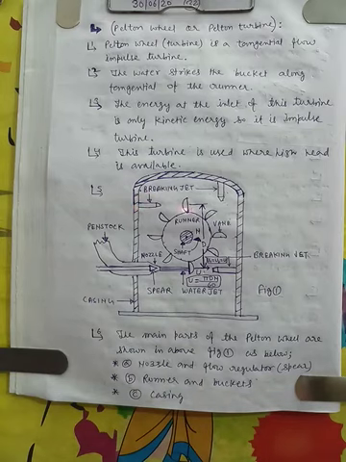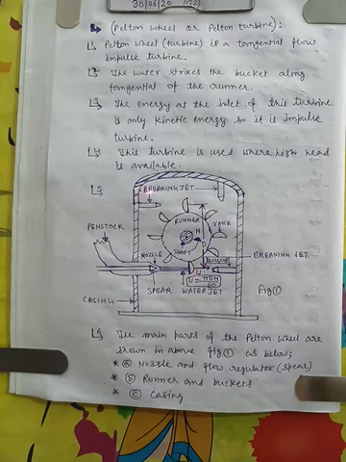From the opposite side of this bucket, we strike the jets. 3-4 jets are used for braking the motion of this runner. So when this is rotating in this direction and this is the opposite direction, this jet will strike when we need to stop the runner. So these are braking jets. It will stop this runner very fast.